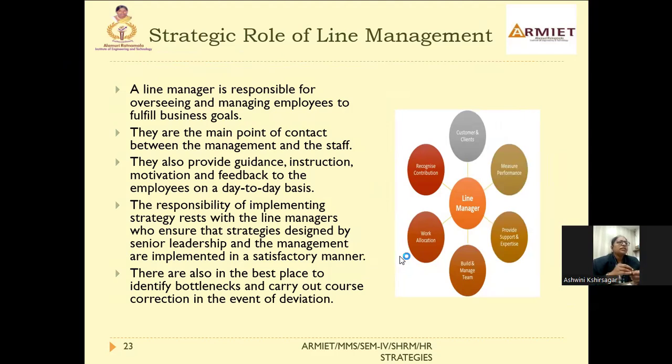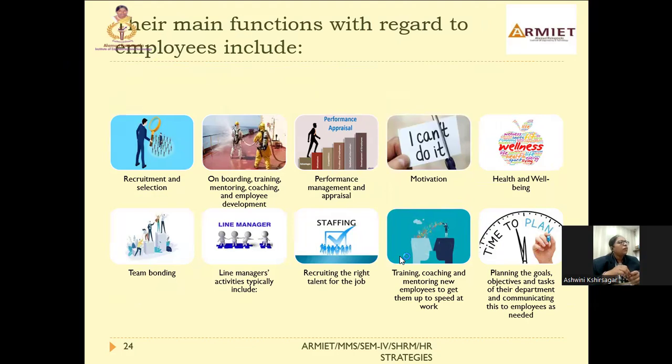The line manager measures performance. He provides the support and expertise, builds and manages the team, does the work allocation, and recognizes the contribution of customers and clients. Similarly, we will go ahead with recruitment and selection, onboard training, performance appraisals and management, motivation, health and well-being, team bonding. Line manager activities typically include recruiting the right talent for the job, training and coaching and mentoring new employees to get them up to speed at work, and planning the goals and objectives for